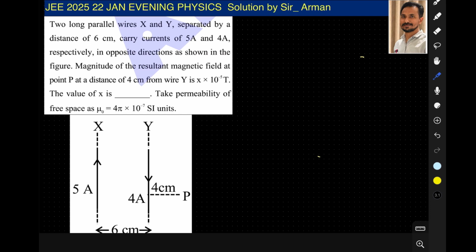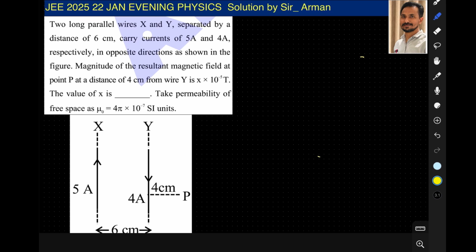Magnitude of resultant magnetic field at point P at a distance 4 cm from Y. तो यहाँ पर हमारे पास पॉइंट P दिया गया है जो है 4 सेंटीमीटर, वायर Y से। तो यहाँ जो मैग्नेटिक फील्ड है वो है x × 10⁻⁵ टेस्ला और हमें x की वैल्यू निकालनी है।